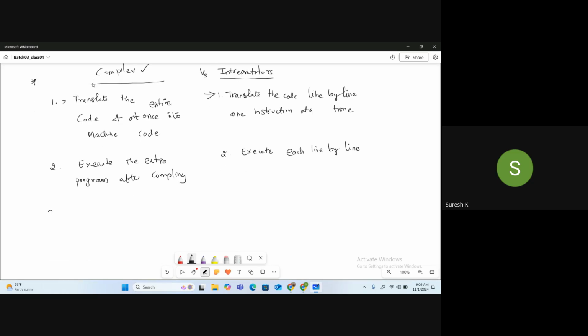The third point is that it is generally faster since the code is already pre-compiled.